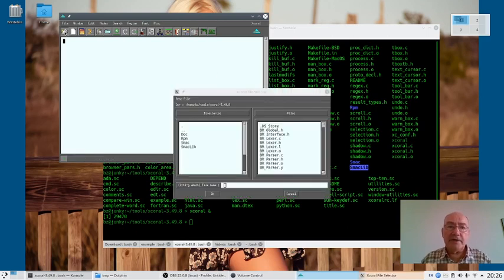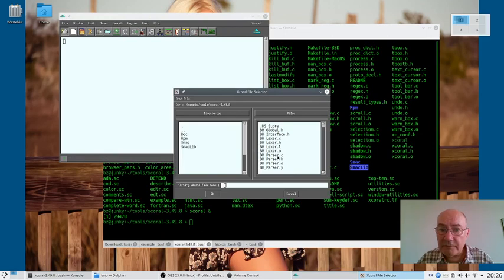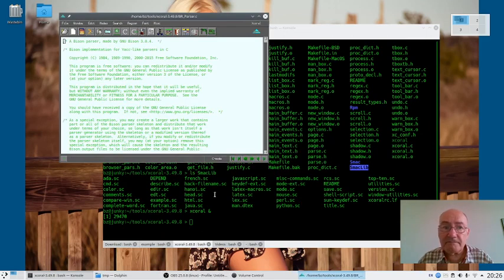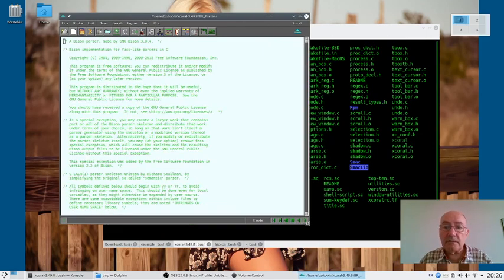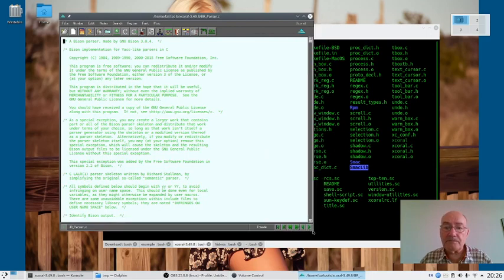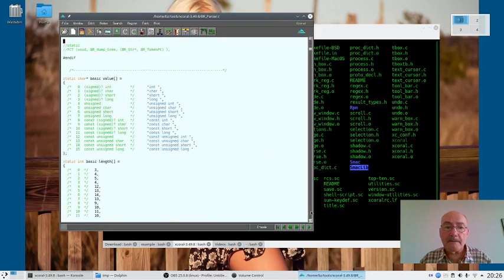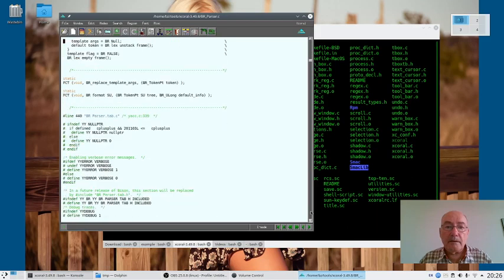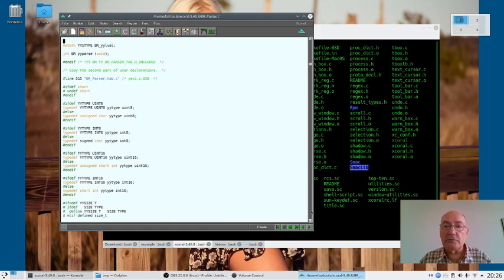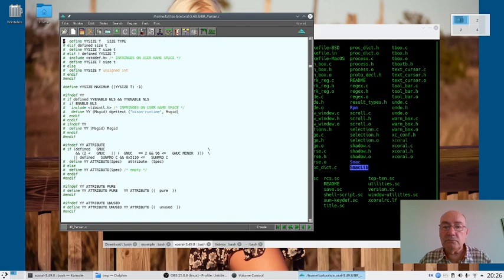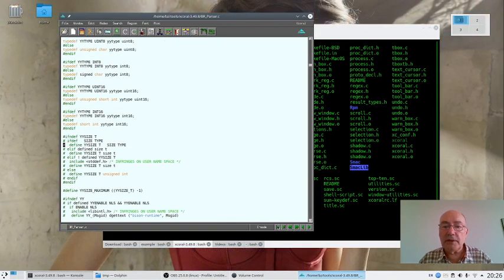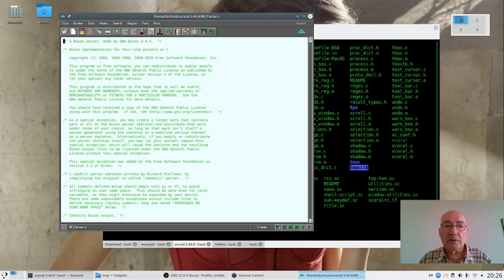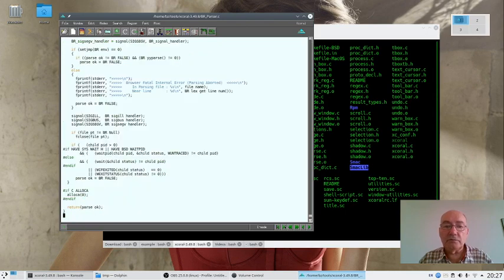We can open a file. Let's open any file from the project itself. We can make it a bit bigger. You can scroll with the scroll bar on the right. You can also scroll with the little arrows at the bottom or up. You can go back to the top of the file or down to the last line.